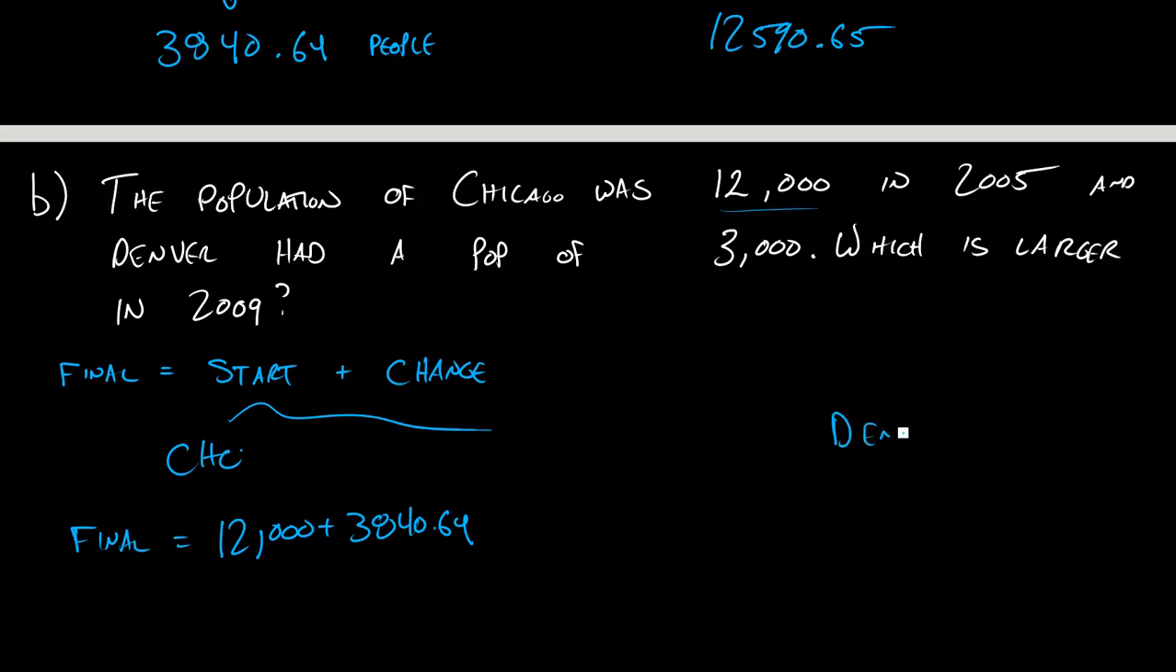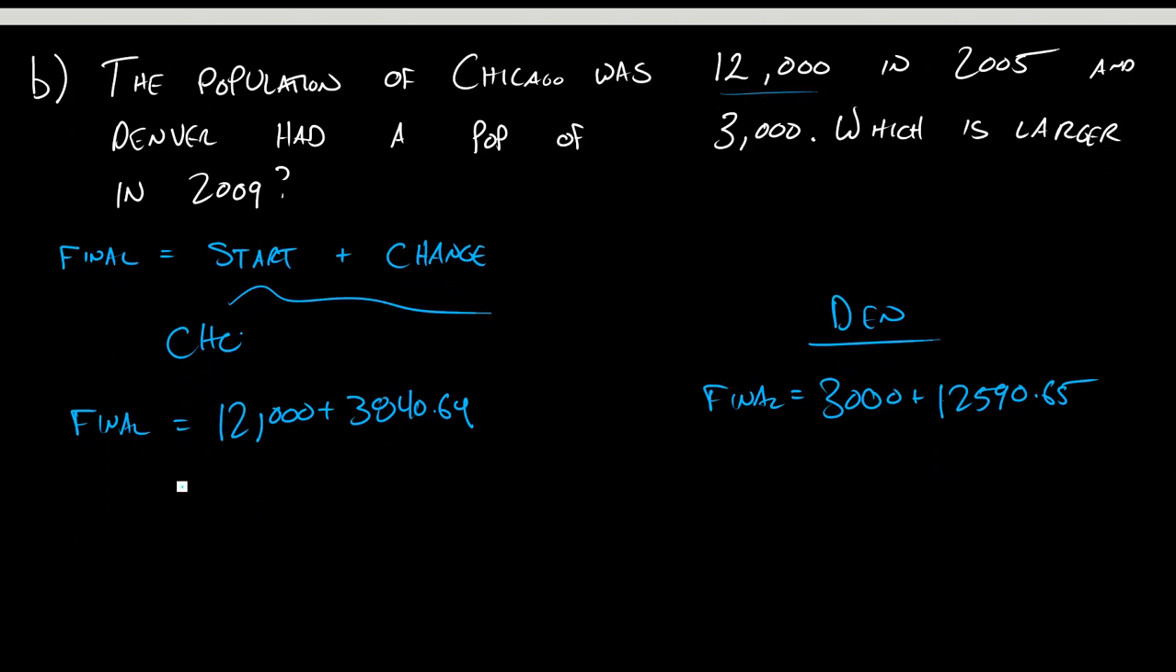Denver, on the other hand, my start value at Denver will be 3,000. It started out as a much smaller city. Then it grew a ton, though, 12,590.65. Now, the final value of Chicago, if you worked this out, you would get a value of 15,840.64. And if you worked out Denver, you would get a value of